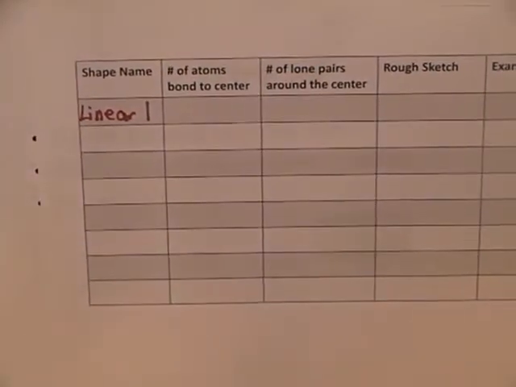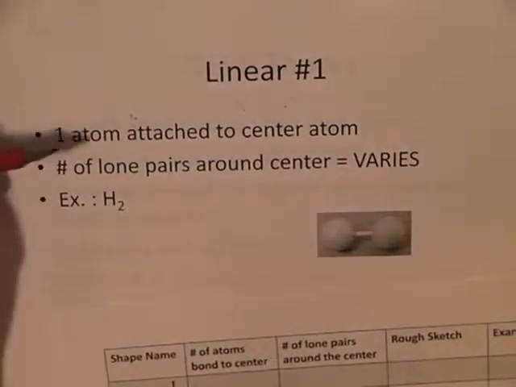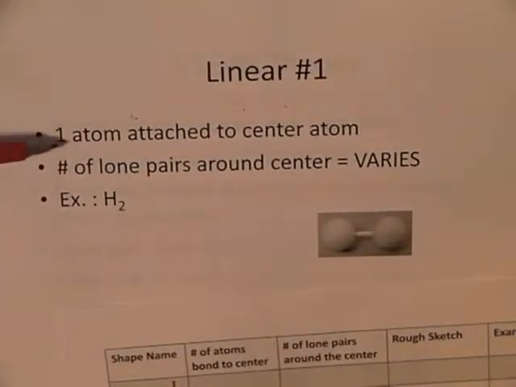Okay, so if something's linear, hopefully you know that means it's a straight line, right? If something's in a linear form, it's a straight line. So the first type of linear atom we have, it's just one atom attached to the center atom,